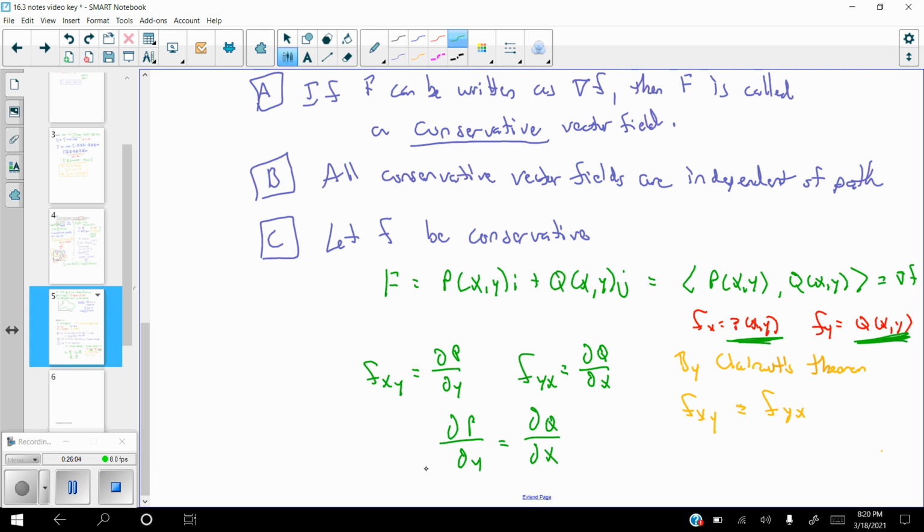This right here is going to be how we determine whether something is actually conservative and whether we can write the force function